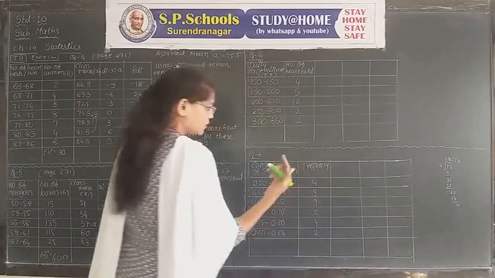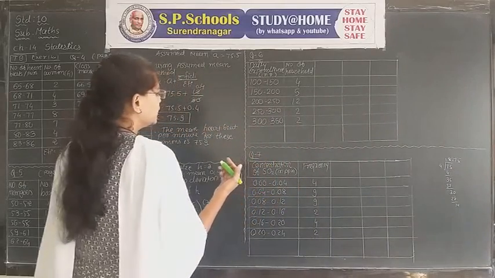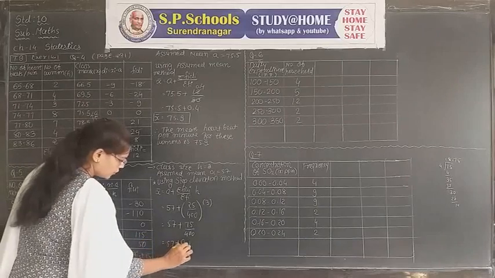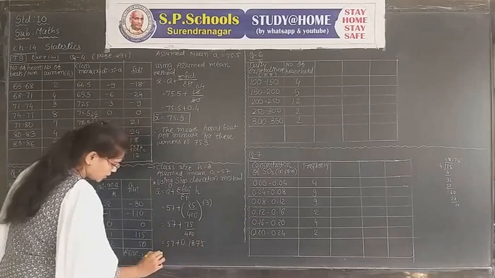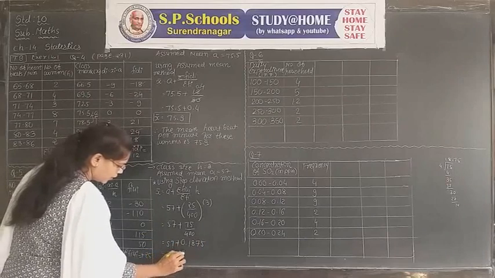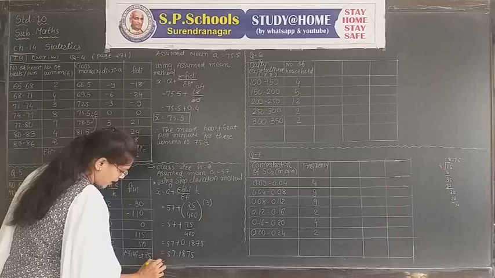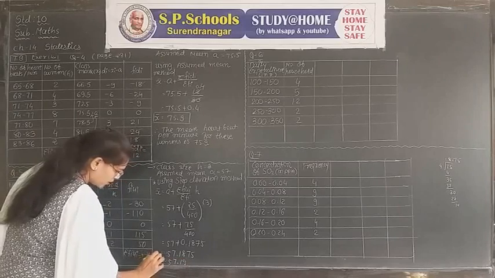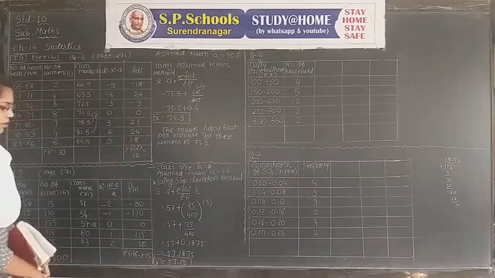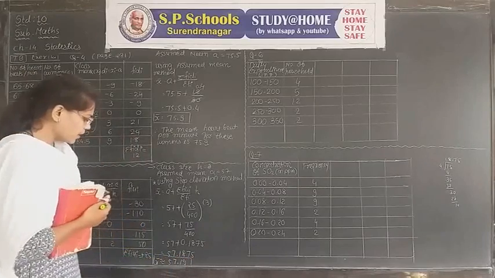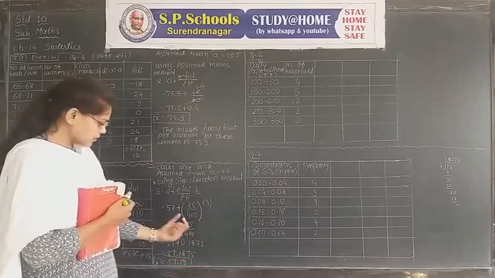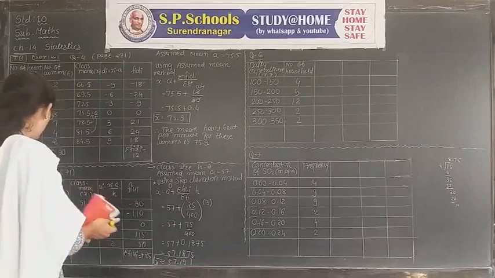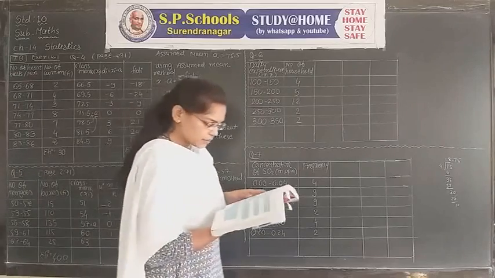18.75, but two zeros are here, so 0.1875. Then our answer is 57.1875, which is approximately 57.19, the mean x bar. But it is a terminating decimal expansion, so you have to take 57.1875 also. Here the question number 5, the answer is completed.